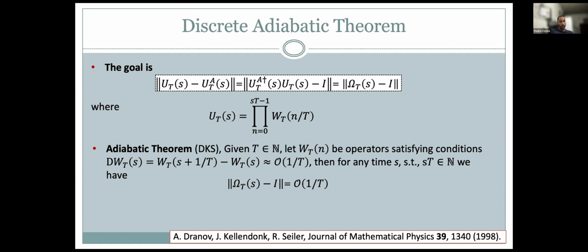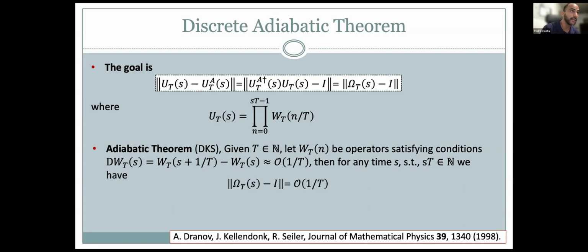Starting with the discrete adiabatic theorem, just a quick review. What is the goal here? The goal is that you have some unitaries. One is related to the adiabatic version, which is the one you construct that has information about the subspace of interest. In general, you write it in terms of a projection, and this projection gives you the subspace of possible eigenstates that you are interested in at the end. The idea is to compare this adiabatic unitary with the actual unitary that you are going to use, and see how far they are from each other.